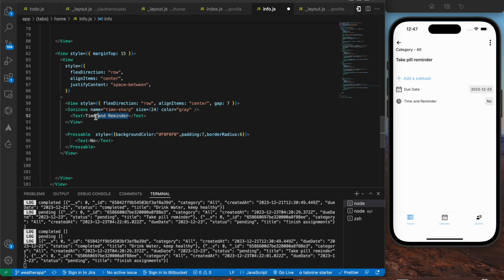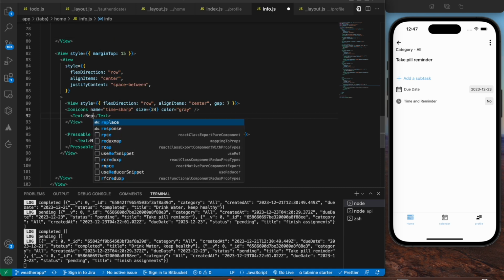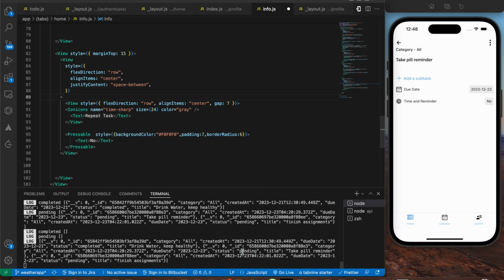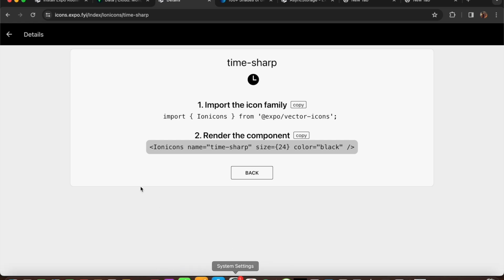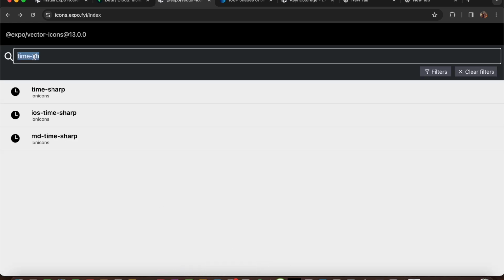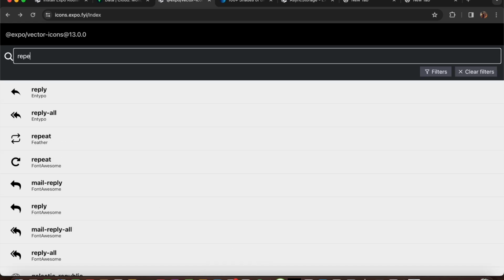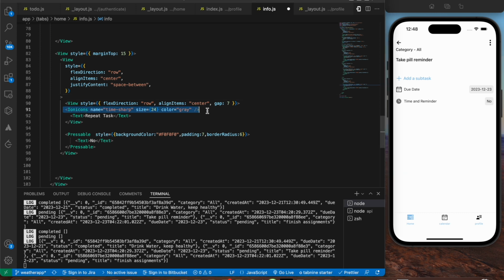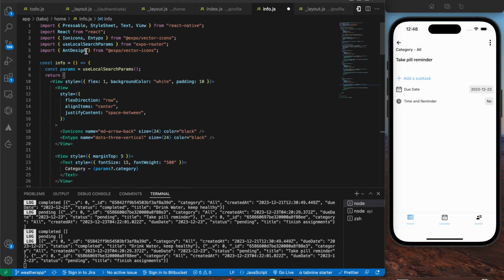Yeah, so this is going to say repeat task, and the icon is going to be repeat. This one. So copy the icon. We need to import Feather, save the file,